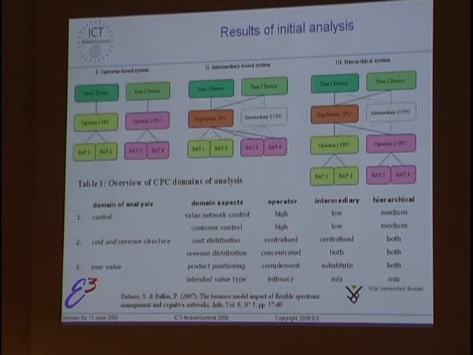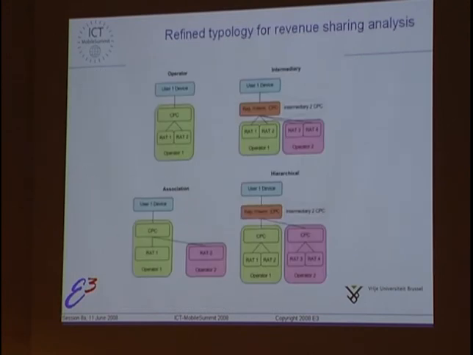A third system is the most complex. It's hierarchical in the sense that you have the best of both worlds, and you have an intermediary CPC, not pointing directly to the access technologies of the operators, but pointing instead to the CPCs of those operators, who then are able to guide the customer further to the RAT requested. And below you see a very short overview, which is more elaborated in the paper of the primary analysis that we did on those 12 components of the business model.